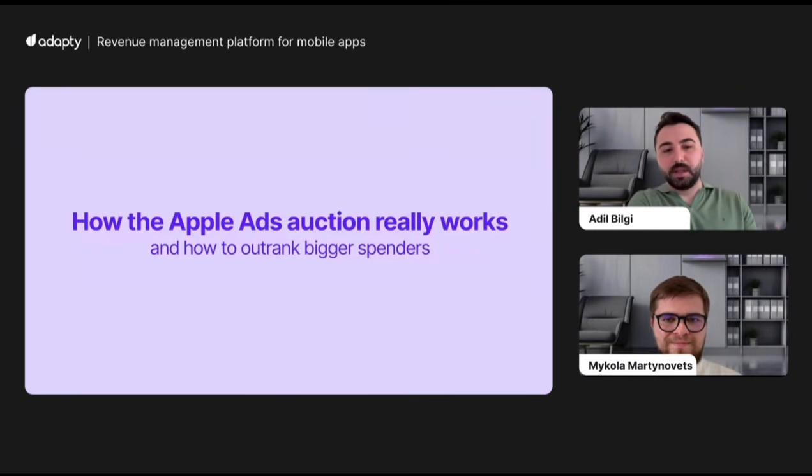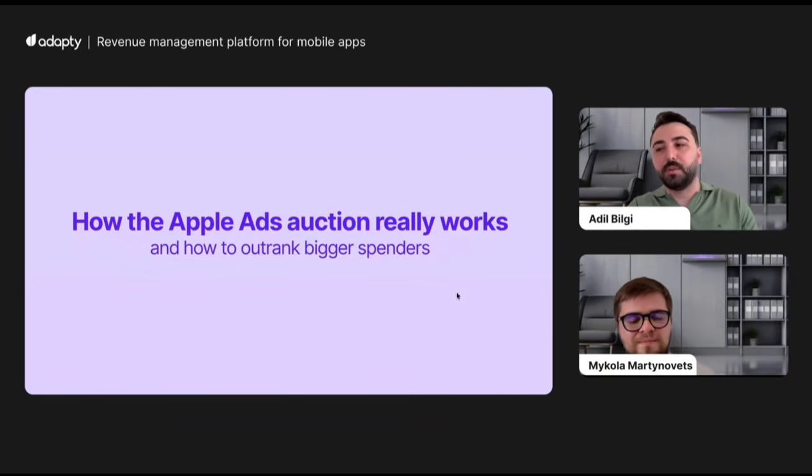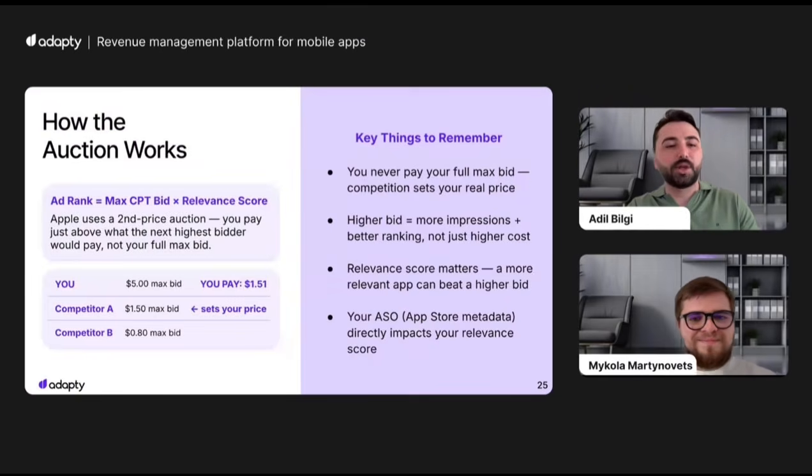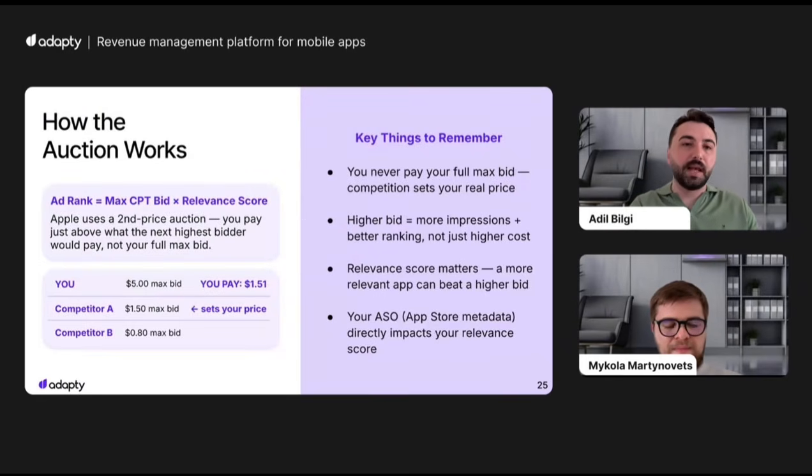Absolutely. Now, while Mykola was mentioning that you are playing different games, I will today briefly crack how the Apple Ads game works. I will call it an auction mechanism, but you can also call it an auction game. So how does the Apple Ads auction work? Let's assume that you are bidding $5, your competitor A is bidding $1.5, and competitor B is bidding $0.8. So the first question mark,